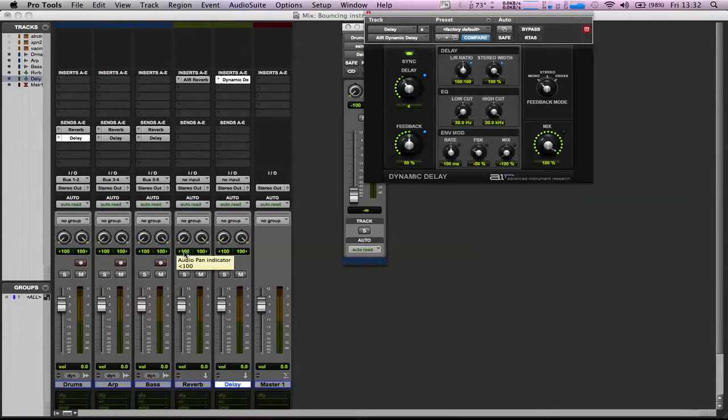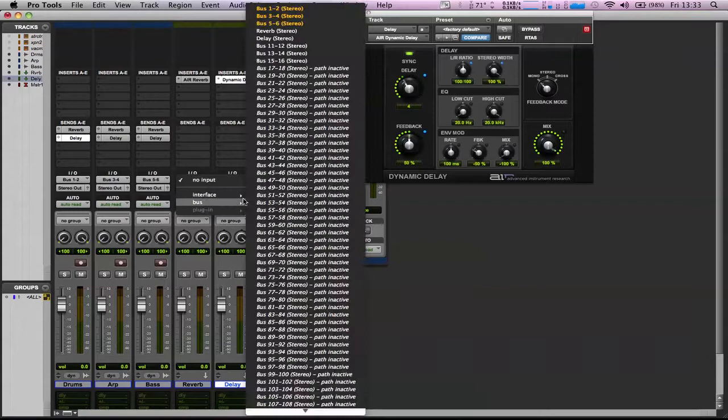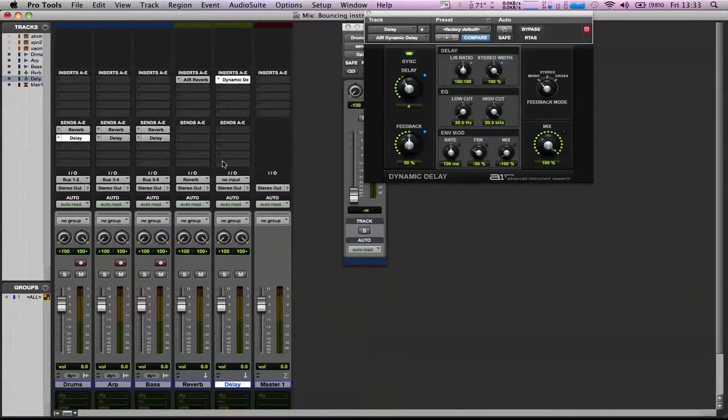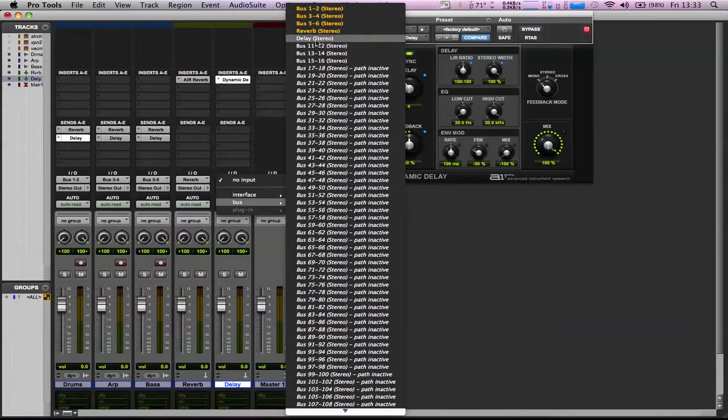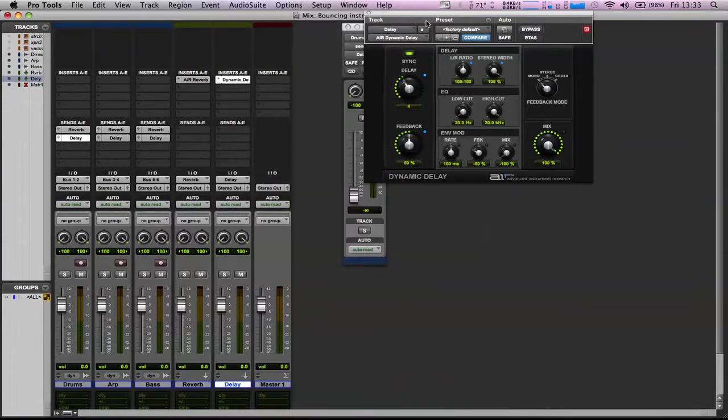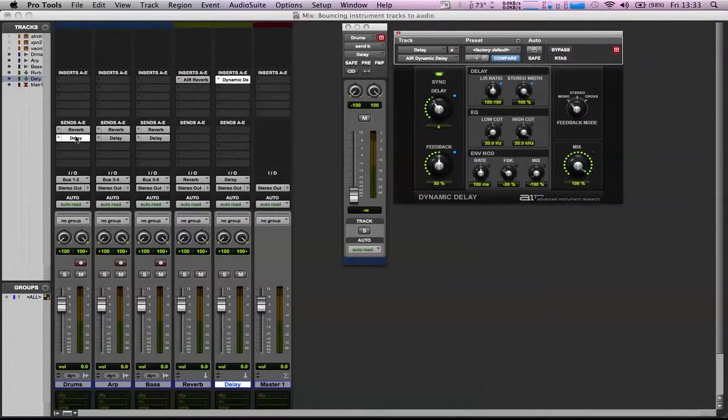Now, the final thing we need to do in terms of routing is select the inputs for these returns. So we've got reverb and delay there, so bus, reverb. So now the input of that one is reverb, and then that one, the input is delay, okay? So now, if I send anything from these sends, it will come to these tracks and go through these effects. So let's just